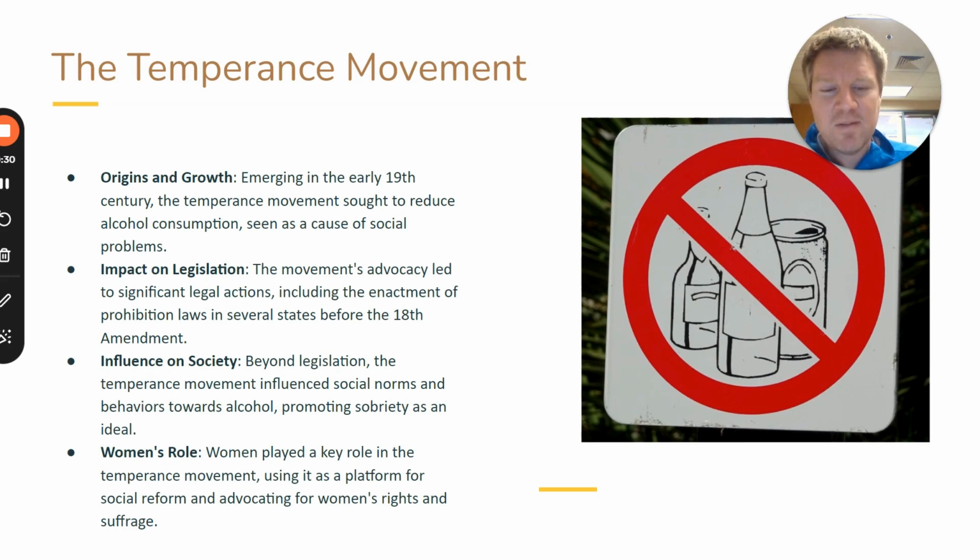Society begins to have problems with saloons, people staying out all night at bars, coming into work drunk, making irresponsible decisions. And women especially become victims of this lifestyle change in America of increased alcoholism. So women played a key role in the temperance movement and actually getting alcohol to be banned, which we'll go further into in a later video